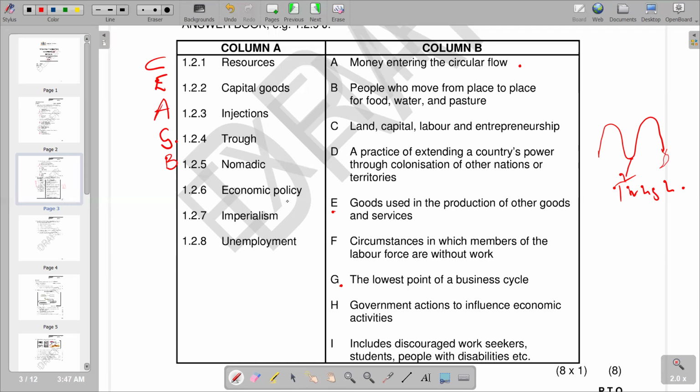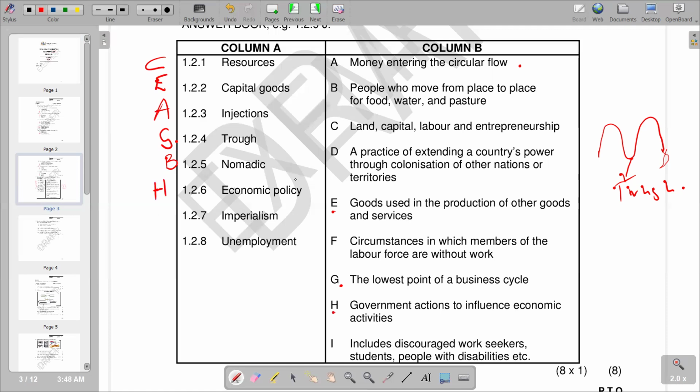But we know that an economic policy is a set of actions and strategies that a government uses to manage and influence the economy. So the actions and strategies that are used by the government to influence the activities in the economy is what we call economic policy. So going to our second column, I would see that now if you go to government actions to influence economic